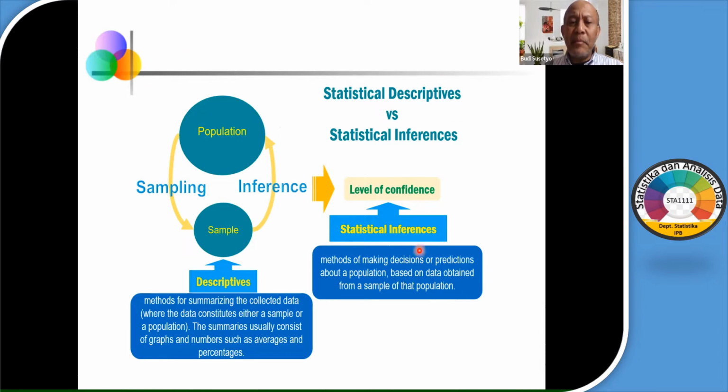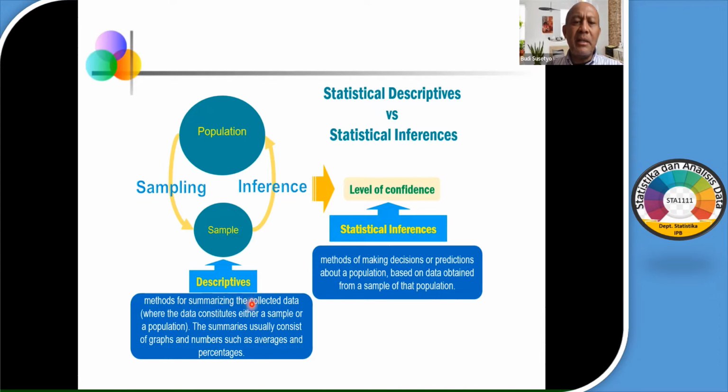this is the picture about the relationship between population and sample. If you have a population and then you take some of them, we call this sampling. Sampling is the procedure for choosing some of the individuals in a population as a sample. It is a process for selecting individuals from the population, which will then be used as a sample. After that, you analyze the data, and it could be through descriptive analysis,